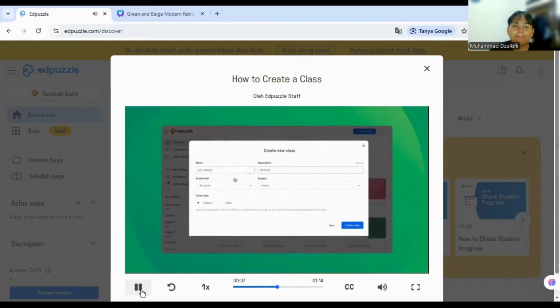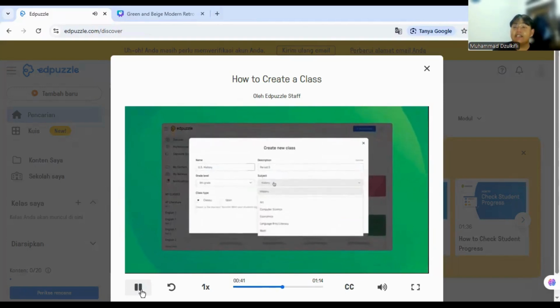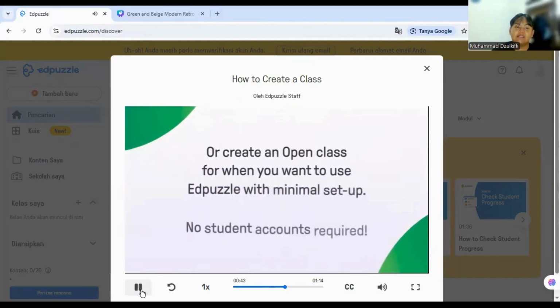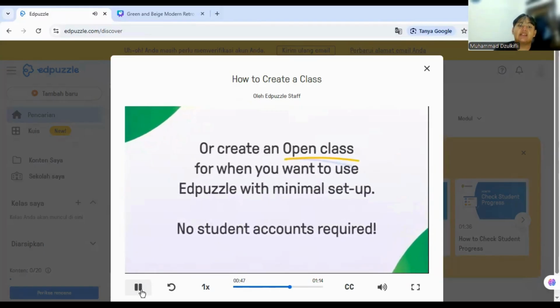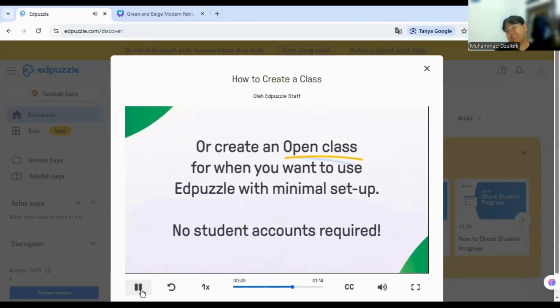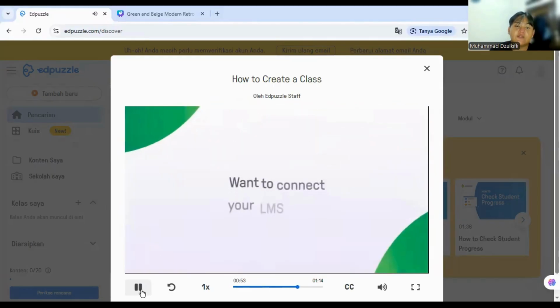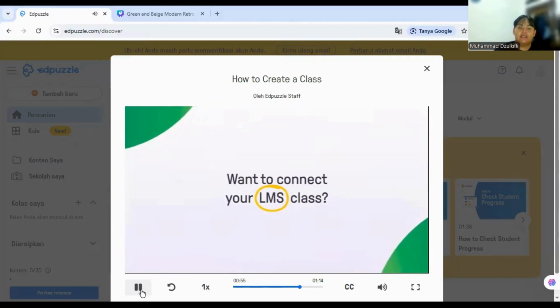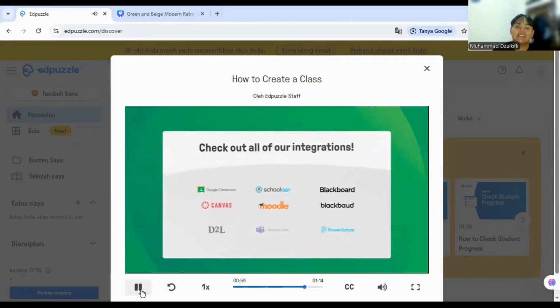It's really easy to add classes or create an open class for when you want to use Edpuzzle with minimal setup, no student or class required. It can be used by anyone. Yes, it can connect with our LMS class.